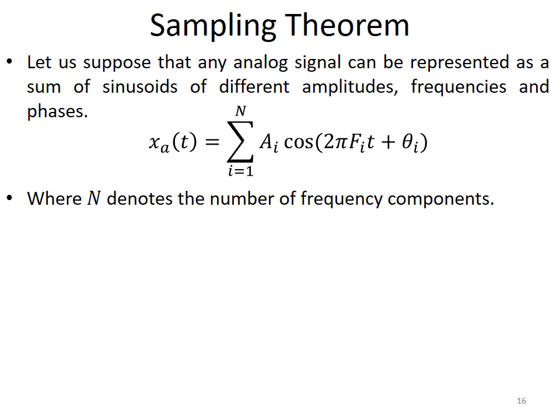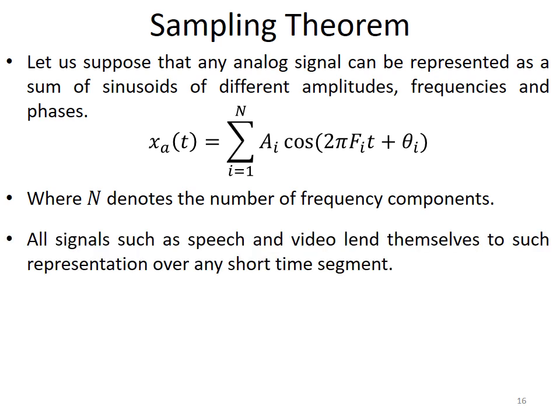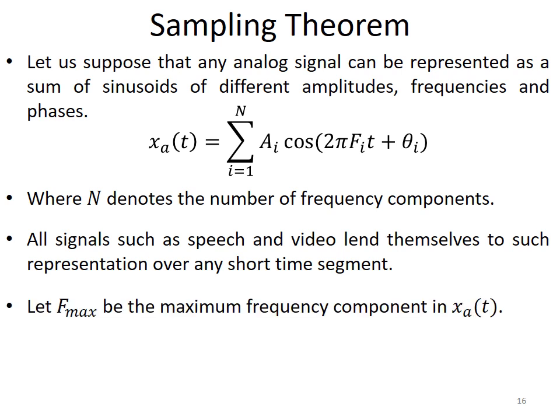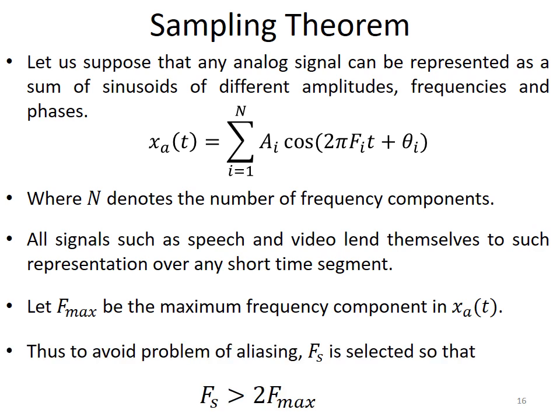In order to understand the sampling theorem in a better way, let us consider an analog signal xa of t, which consists of a sum of many sinusoids of different amplitudes, frequencies and phase angles, and n actually denotes the number of frequencies contained in the signal. Many practical signals like audio and video signals are actually of this form over a short period of time. And let's say the maximum frequency component in xa of t is f max, and we know to avoid aliasing